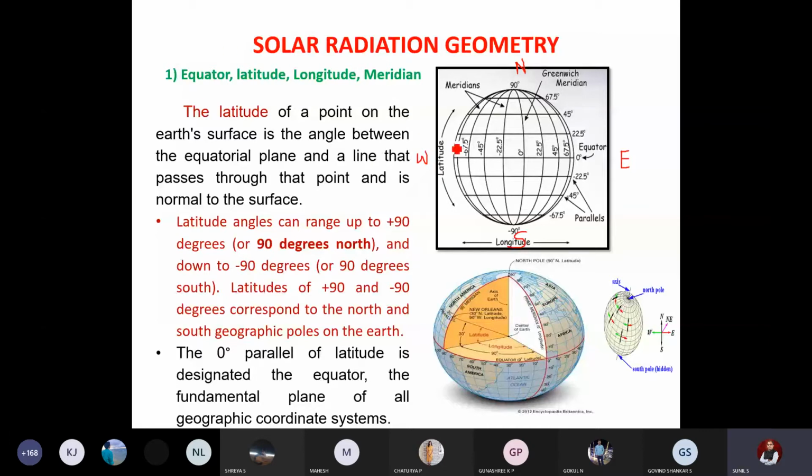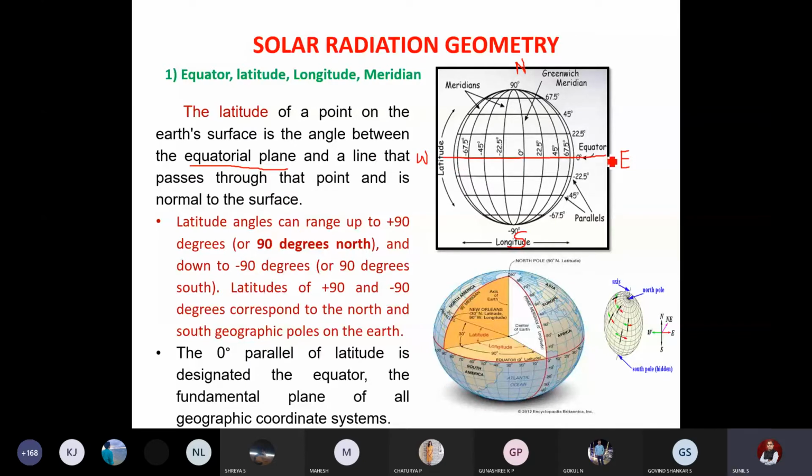See, in the first sketch, you can see this is the North Pole, this is the South Pole, this is the West, and this is the East. So you can see I have put a reference also here: North, South, East, and West. So what is the equatorial plane? We are discussing the equatorial plane in this definition. What actually is the equatorial plane? We have to discuss. So this is the equator.